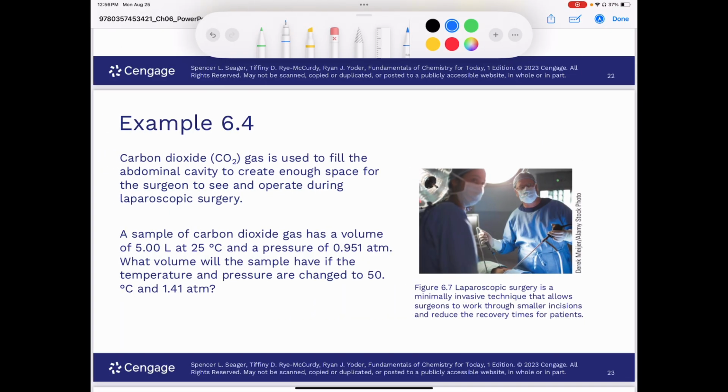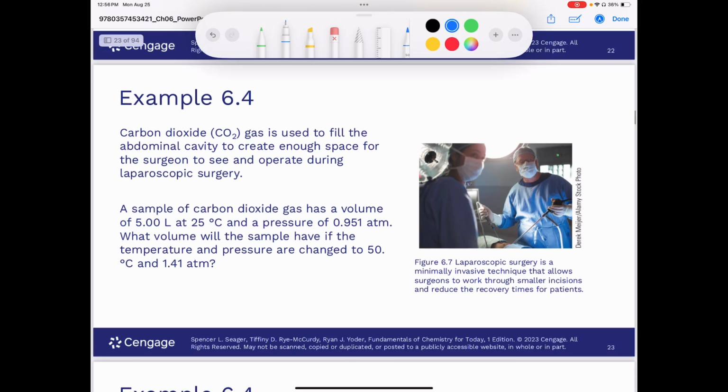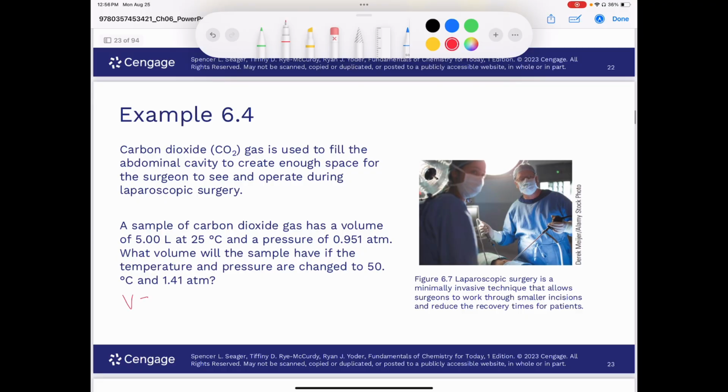So with that in mind, let's take a look at this example. Example 6.4: carbon dioxide gas is used to fill the abdominal cavity to create enough space for the surgeon to see and operate during laparoscopic surgery. A sample of carbon dioxide is known to have a volume of 5.00 liters at a temperature equal to 25 degrees Celsius and a pressure equal to 0.951 atmospheres. What volume will the sample have if the temperature and pressure are changed to 50 degrees